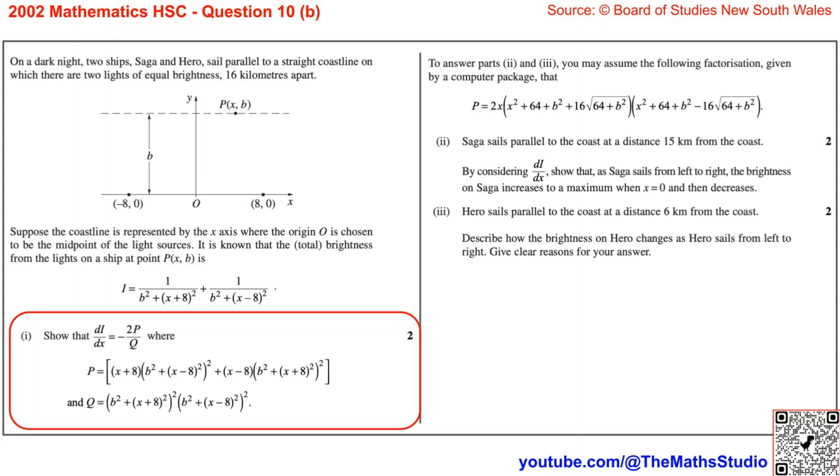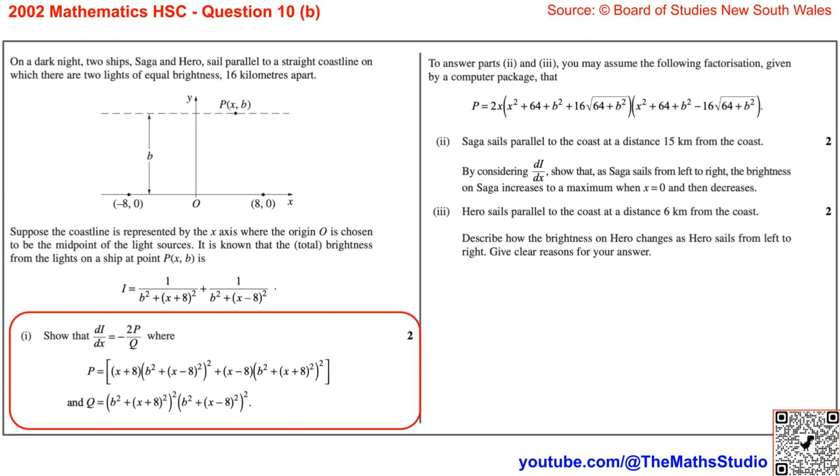Question 10, Part B. On a dark night, two ships, Saga and Hero, sail parallel to a straight coastline on which there are two lights of equal brightness, 16 kilometers apart. Suppose the coastline is represented by the x-axis, where the origin O is chosen to be the midpoint of the light sources. It is known that the total brightness from the lights on a ship at point P(x, b) is I equals 1 over (b squared plus (x plus 8) squared) plus 1 over (b squared plus (x minus